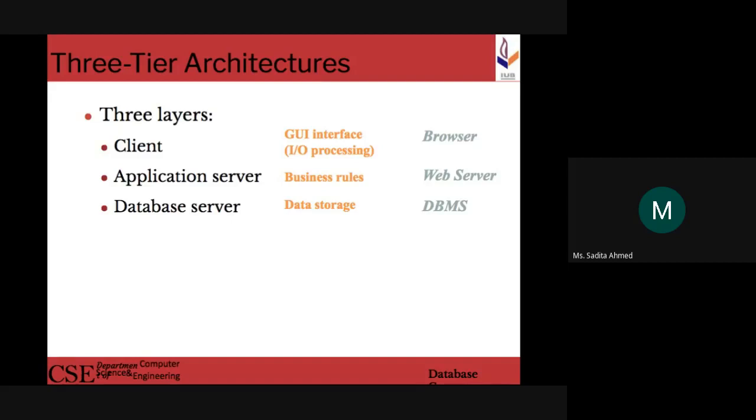As simple as that, the browser simply has to be capable of displaying all of those things, as simple as that. Okay, right. Then, so that's what happens if your application, whichever application you work on, gets to see the light of the day and it goes on to deployment. So your application will go to the web server, the data will be there in the database server, your DBMS will be in the database server as well, and the client